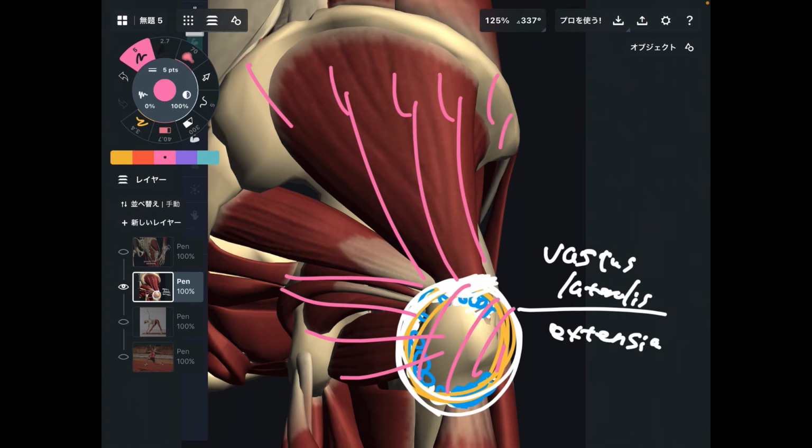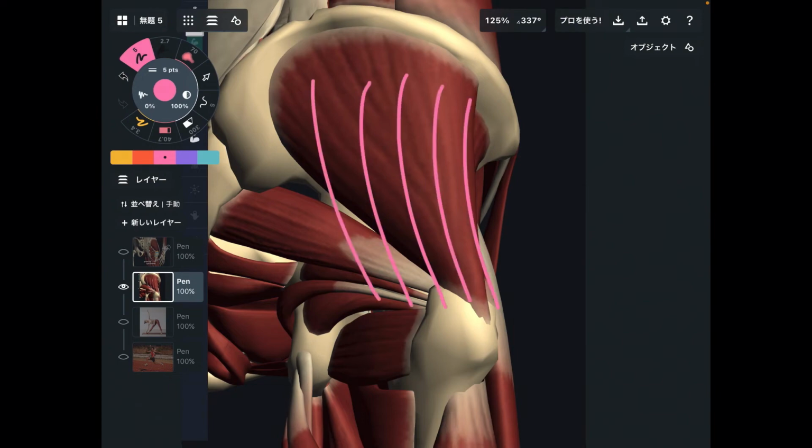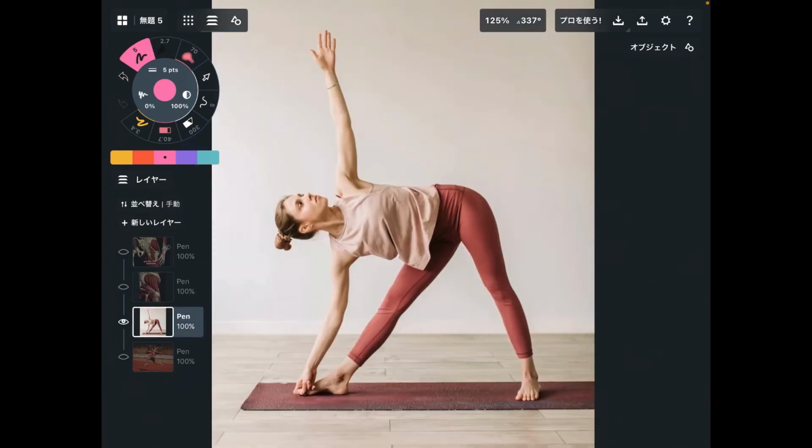Now let me talk about how you can apply this anatomy for yoga and exercise. Basically, these muscles are on the lateral part of the hip and slightly on the posterior part. How can you apply that? This is a famous yoga pose. This is triangle pose. Her greater trochanter is about here, and her iliac crest, that's part of the pelvis, is right here. Gluteus medius and gluteus minimus are about here.